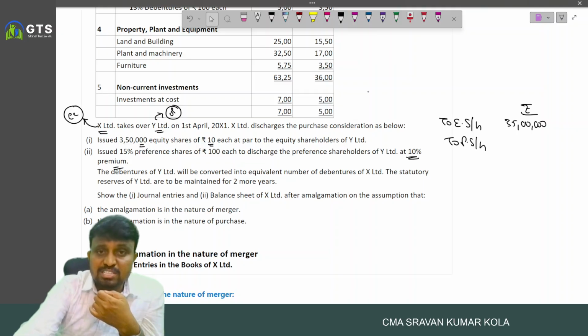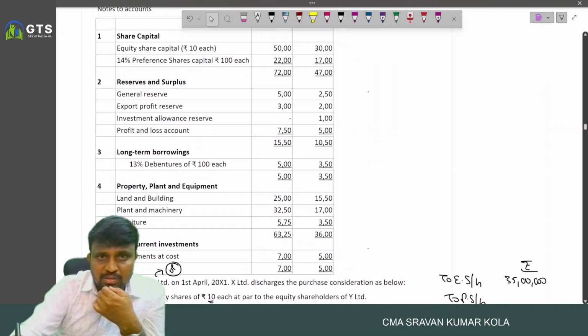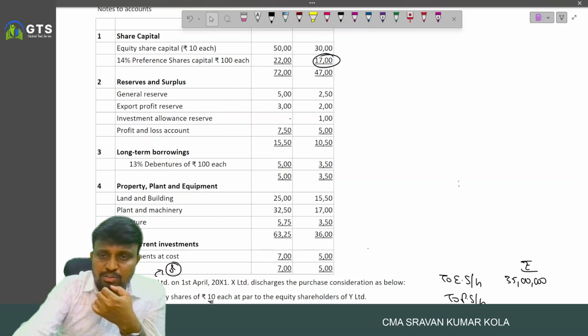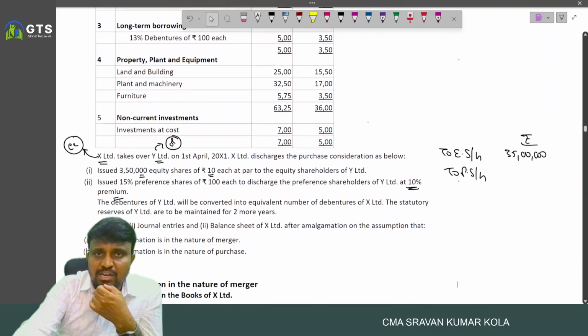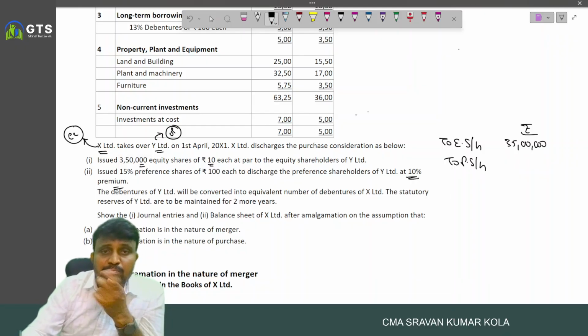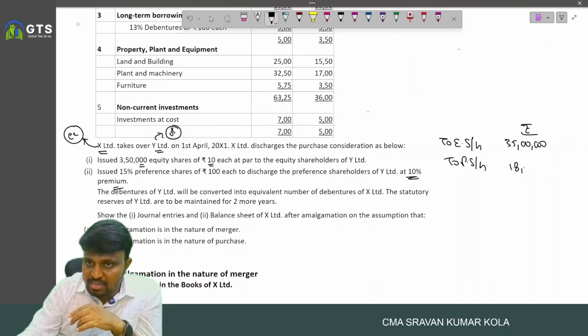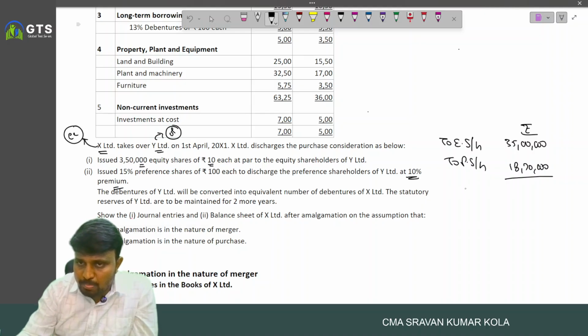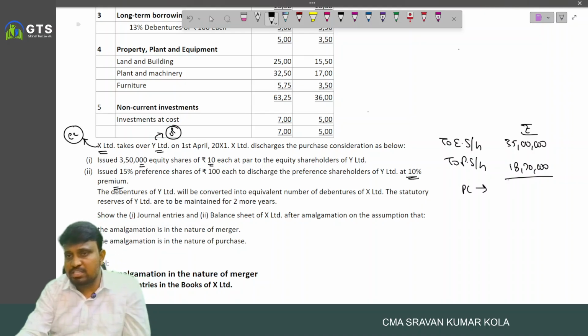What is the preference share capital we have? The preference shareholders of Y Limited is 17 lakh. That means total 17 lakh plus 10%, 18 lakh 70,000. Then here what is the PC? Purchase consideration is